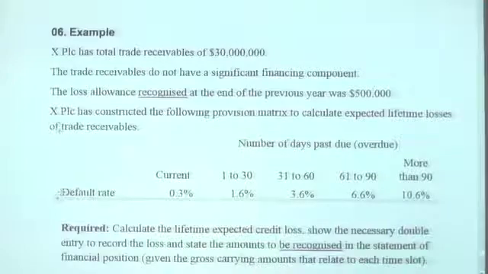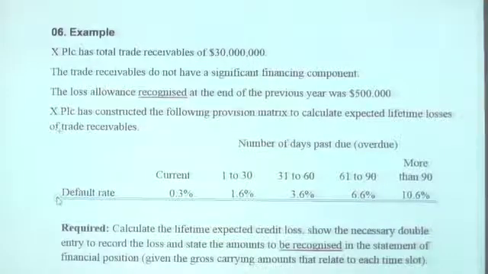Now, I know you have a question: how to decide this rate? That rate shall be decided by the entity. Is that clear? Because the entity knows how their debtors reacted every time. They have historic data and the current situation of the market, and they know what would be the future. Therefore, considering current data, future situation and past information, you must decide what the rate would be. In the exam, definitely the examiner will give you the rate, because you do not have time to decide this matrix. That needs to be prepared by management and given to you.